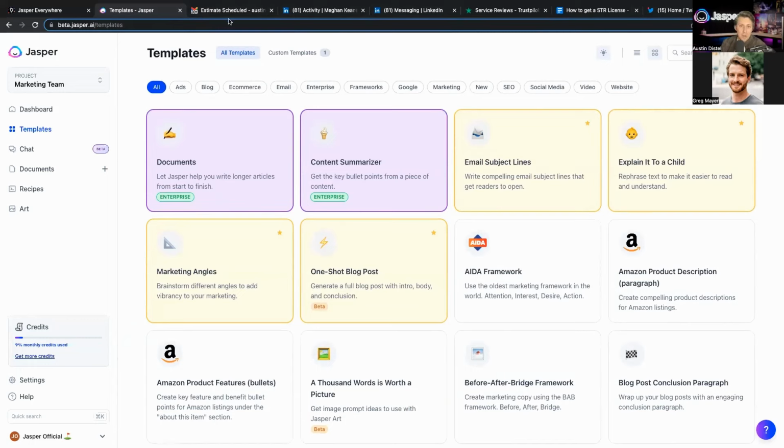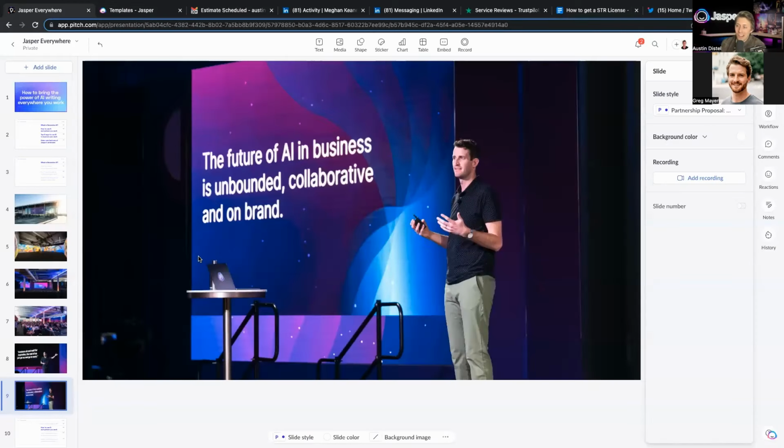And that's how most people work. Is that efficient? No, it's bounded to a new tab. And today I'm going to show you how Jasper Everywhere is unbounded. It's available anywhere that you work. You should also know that the future of AI will be collaborative, and the future of AI will also be on brand. These two things, though, are for another discussion, for another workshop.